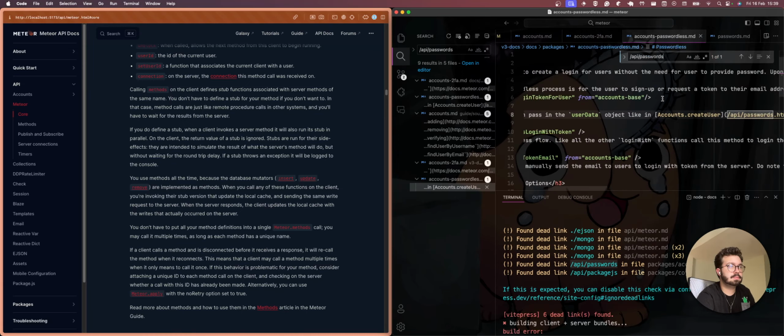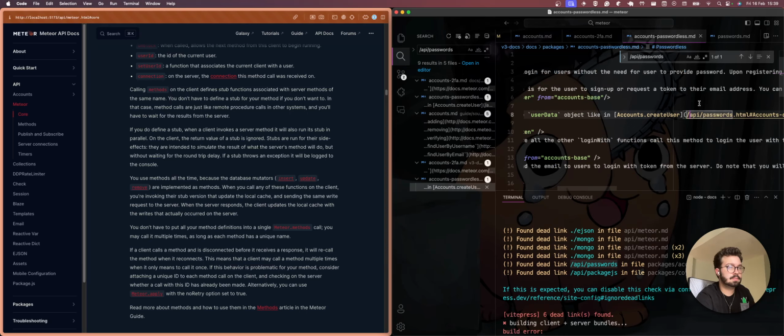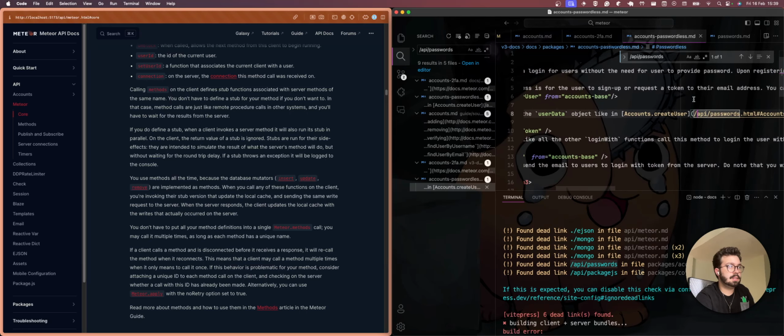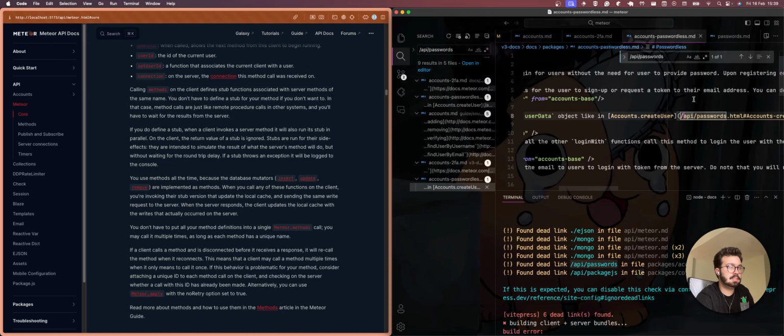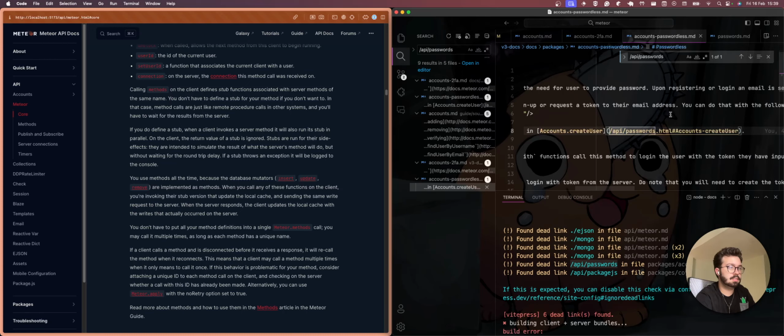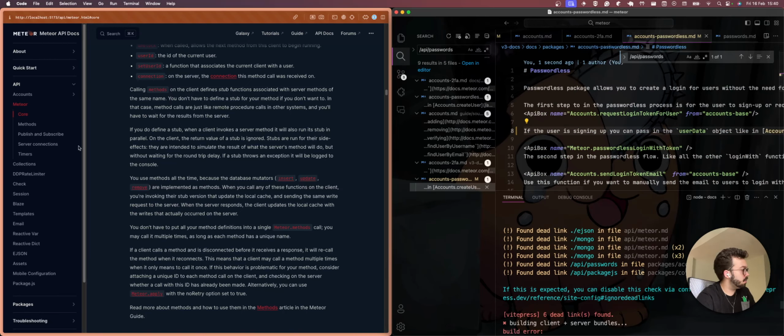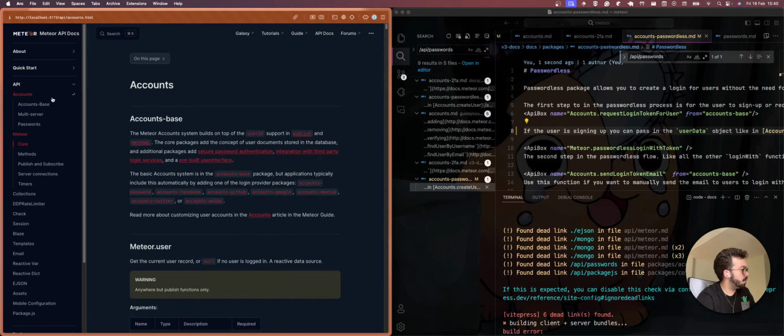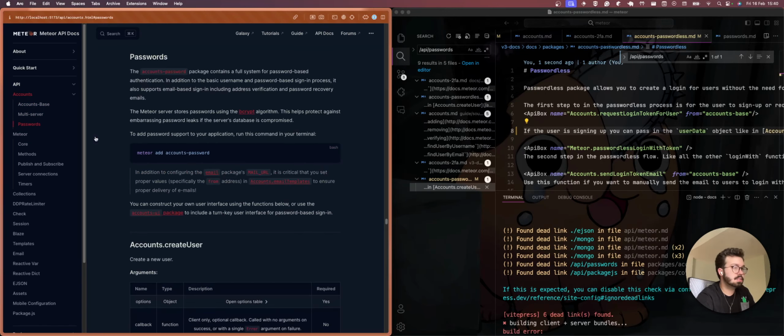But I am in docs packages, so it's supposed to be like this, right? Passwords. Let's go here. Accounts, passwords.